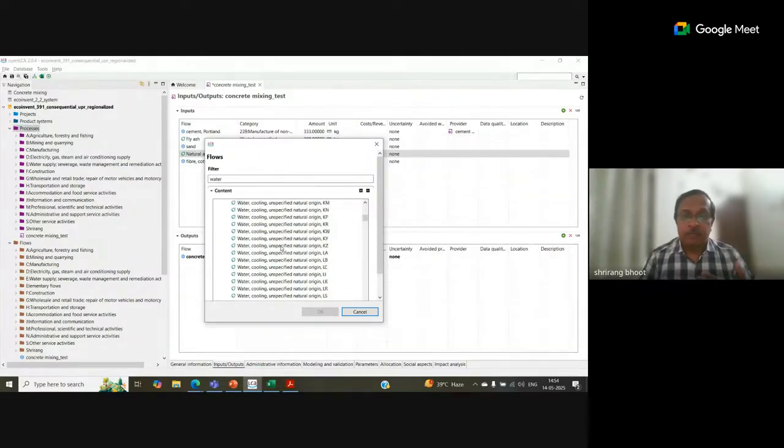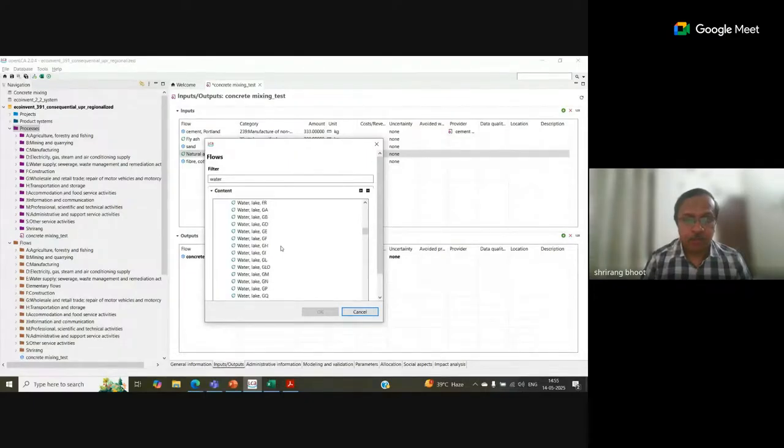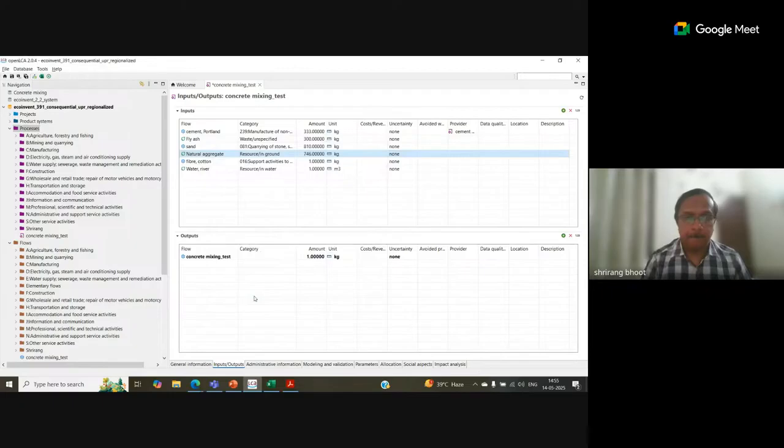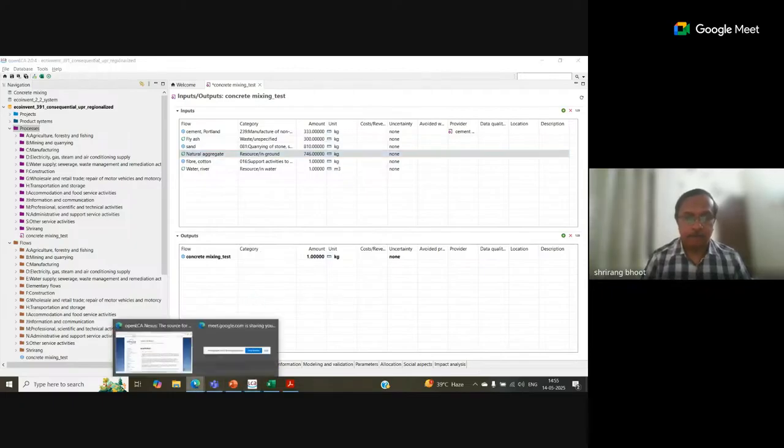The water values from different locations are available from the database. It's river water.